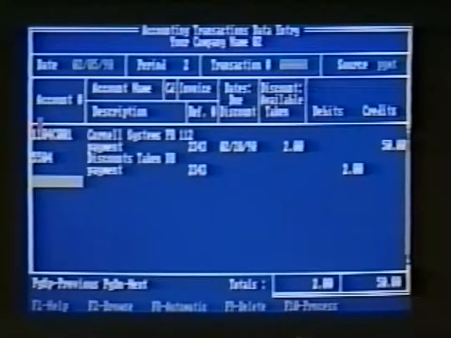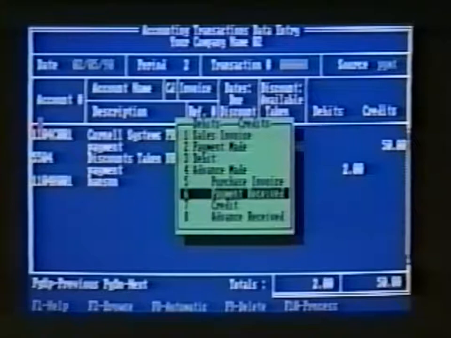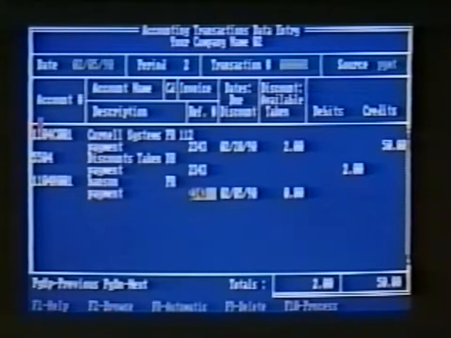Next, Pacioli automatically creates the discount transaction. You can continue to enter as many payments as you have, whether from the same or different customers, up to 32,000 lines. We suggest you include all payments for a day on one deposit slip. Then your monthly transaction will be much simpler.